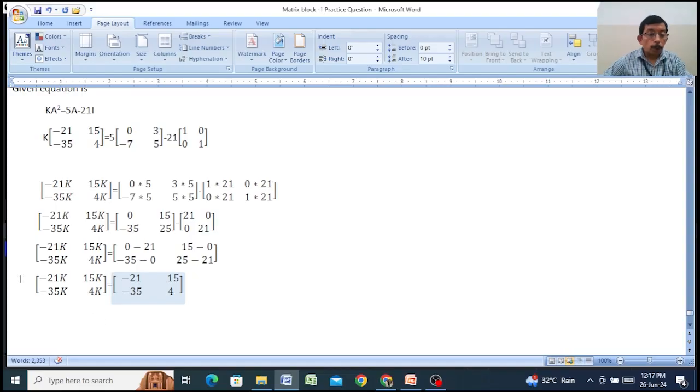Now both of the two matrices are equal. By the equality of matrices, the same order elements are also equal. Is it clear, everyone? Both the matrices are equal, then the same order elements are also equal. Now we find the value of k. k belongs to each element in the first matrix. Now compare it to the matrix B. We see that the first row, first element in the first matrix is minus 21.